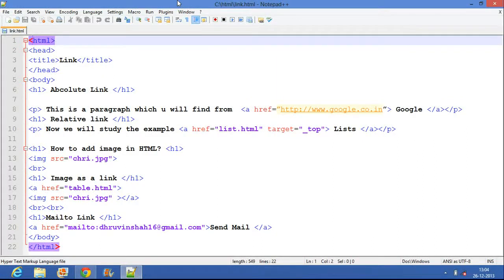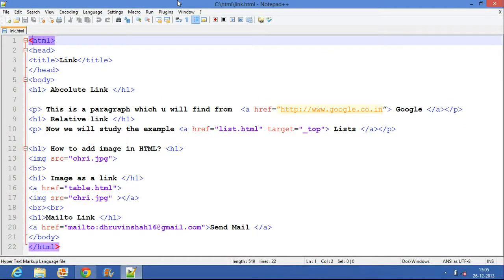Now, what is an absolute link? An absolute link is a link which uses the URL of a web page, like google.com, facebook.com, youtube.com, etc. On many sites you have seen a symbol of Facebook or YouTube or Google Plus used as a link.